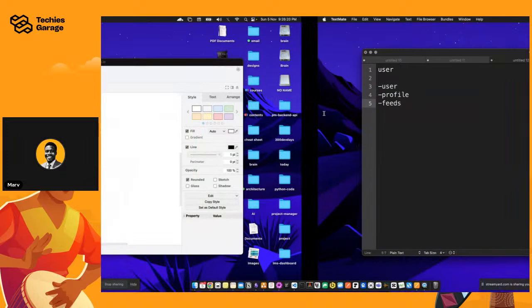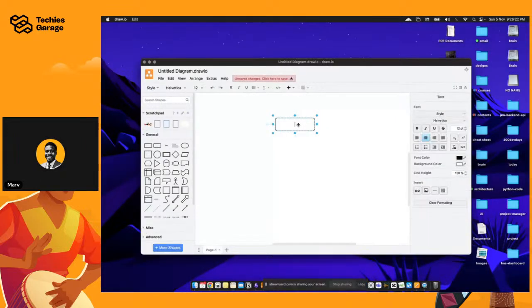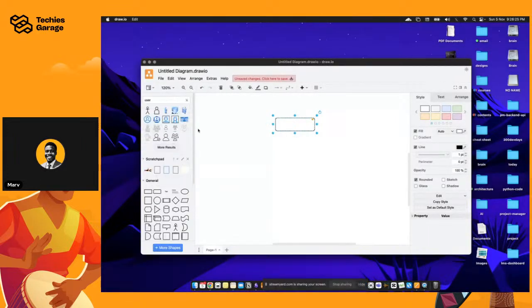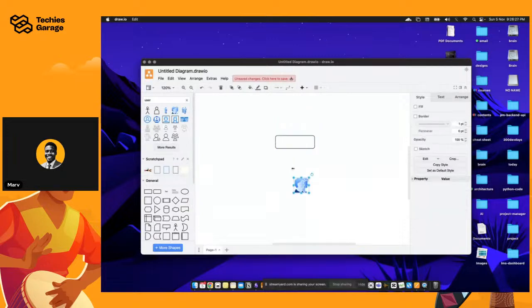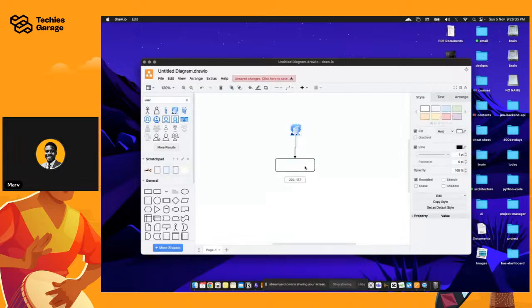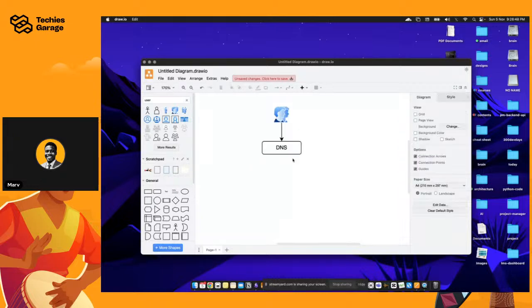So first, we're going to have the user trying to access our platform. But for now, I would rather come up with a container, because I want to put these items within the container. The user is going to access this network via a DNS, which is your domain name service.